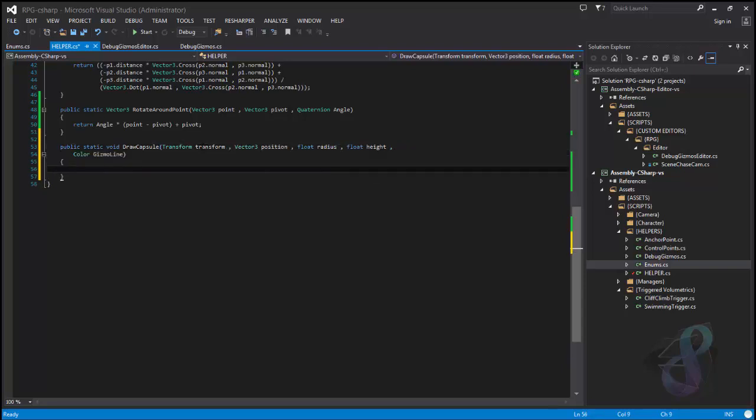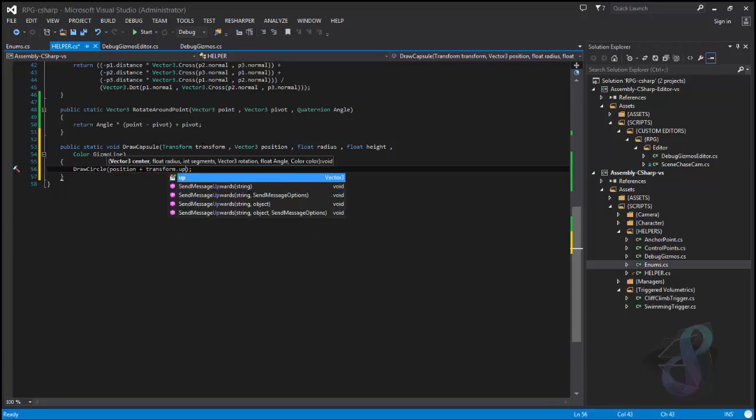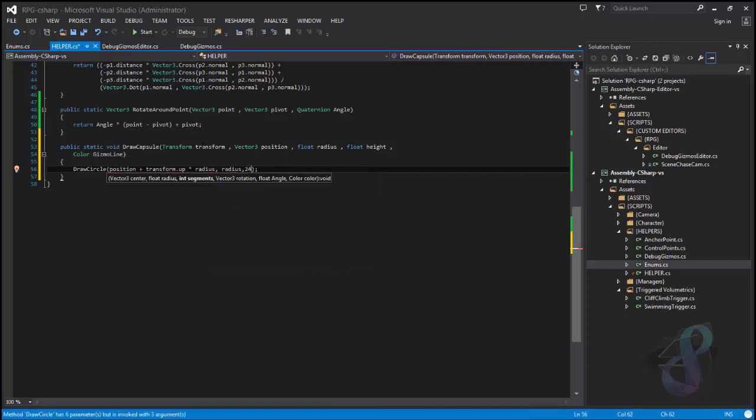the method calls DrawCircle, position plus transform.up multiplied by radius, comma radius, comma I will pass 24 as segments, comma new Vector3 as the rotation, and here will be 90, 0, 0. Then the angle is 180 and our gizmoLine. Okay,